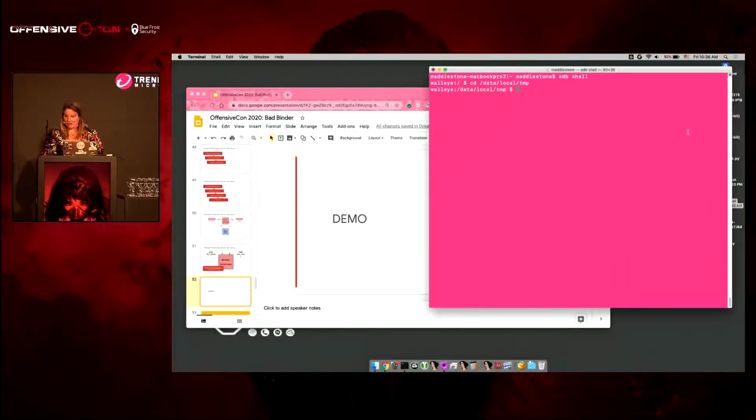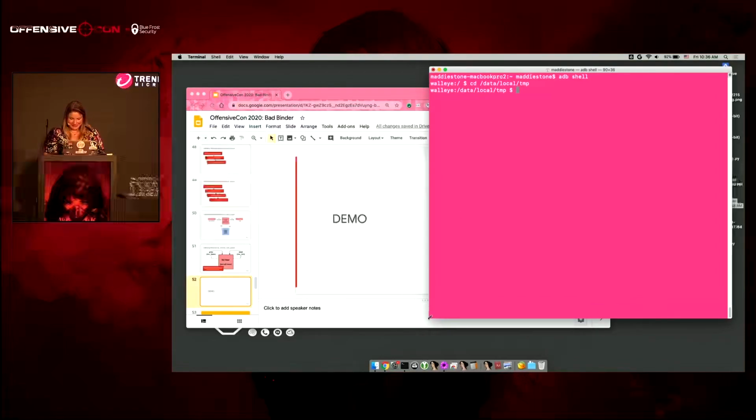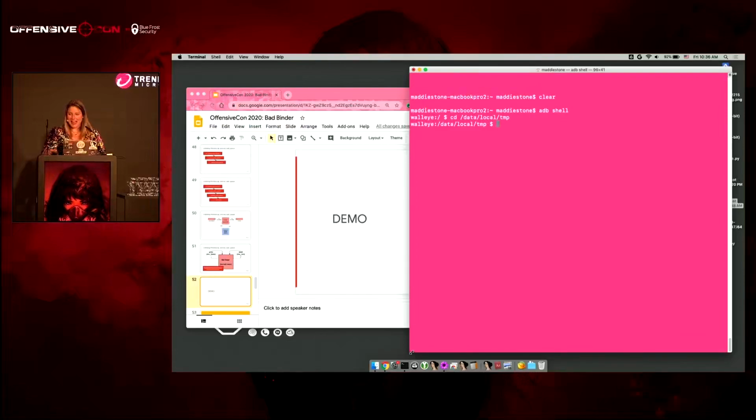So demo, and now I pray to the demo gods. What, not everyone uses a pink terminal? So here I have a,